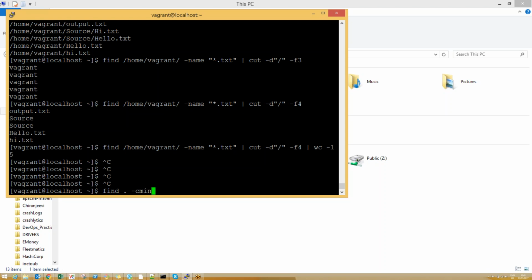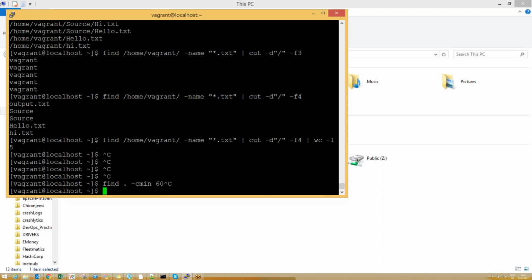And cmin, if I want it in minutes. I wanted to see all the files modified in the last 10 minutes, you provide 10. And I want to see all the files modified in the last 60 minutes, something like that. If you keep talking about one command, it's a huge, vast subject actually. So let's not get into the depth of it. If somebody asks you how to find a file in Linux, you should be able to remember